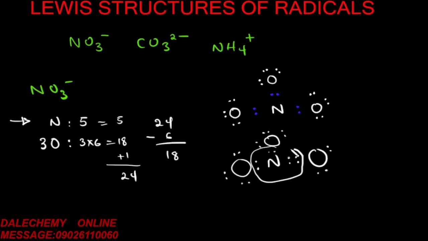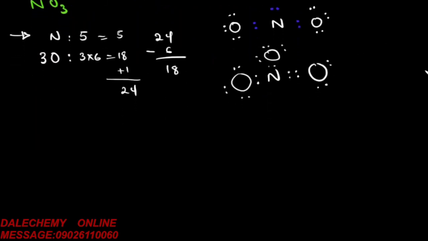If you count, you see that this is now it. And if you want to put bond, nitrogen has a single bond to that oxygen with 6 electrons or 3 lone pairs of electrons. Now we're having double bonds here, so we have that and we have this, then we have this. So this is the Lewis structure of